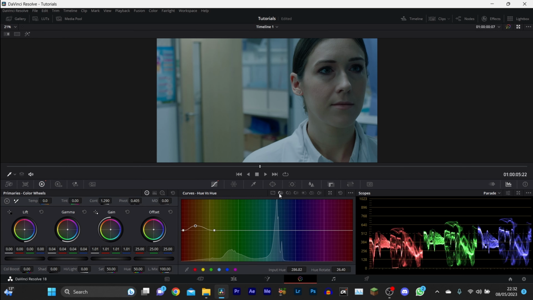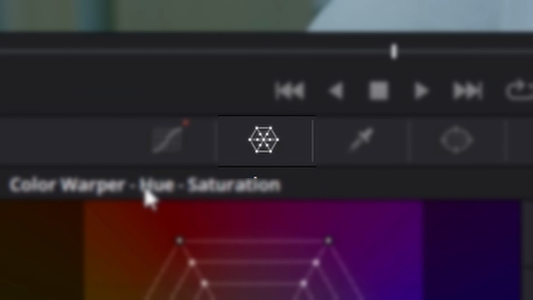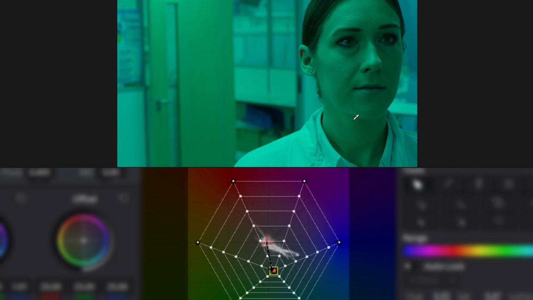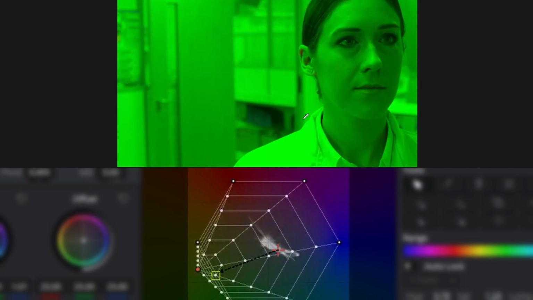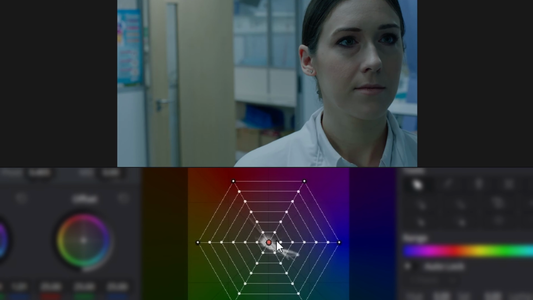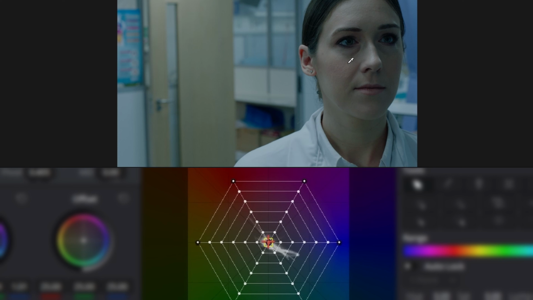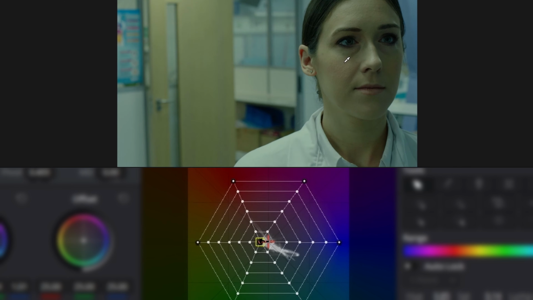And then you want to head over to the hue versus saturation tab. It kind of looks like a little cobweb. And with this one, this is where I love this little thing. I think this was actually new to the 18 update or something, but you can select any color and move your mouse around. Just experiment with it. You can adjust the saturation or the brightness as well as the hue